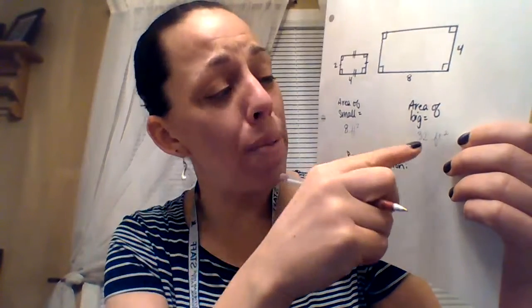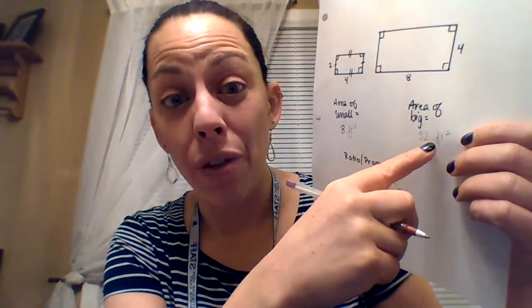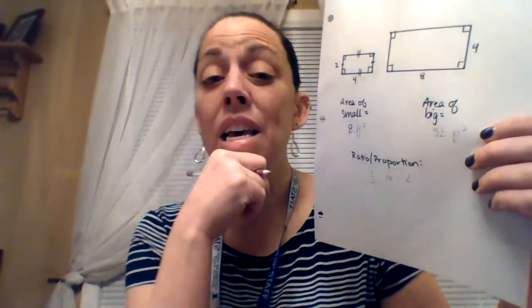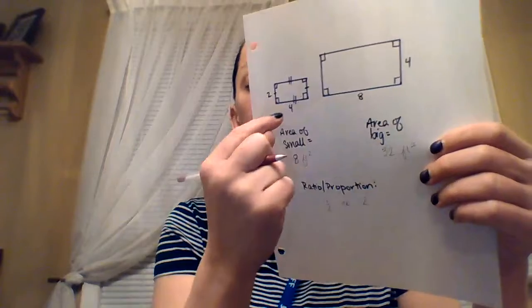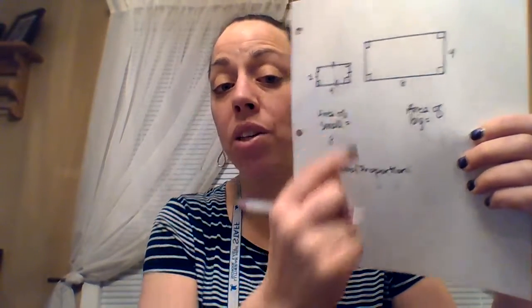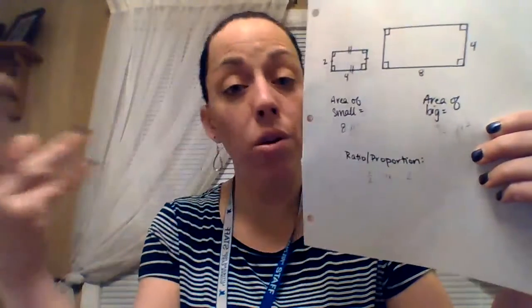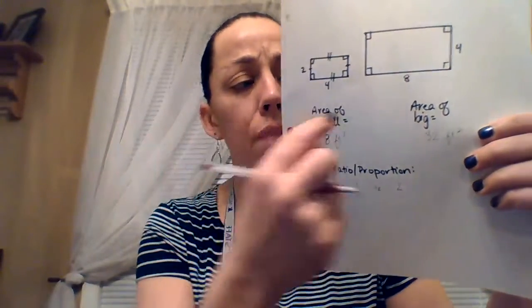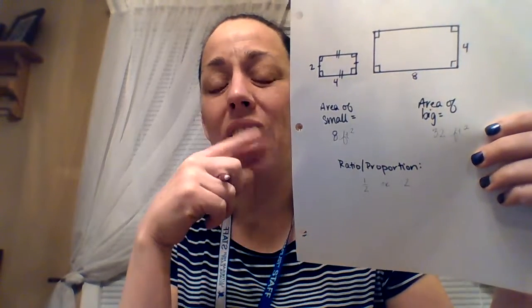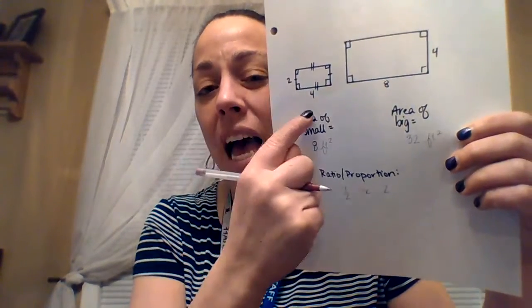Also, what happens if you take half of 32? You don't get 8. Okay? You cannot just look at the scale right here and know the scale from this, or the proportion or the ratio from this. Those three are all the same, and automatically know what to do right here. That is because area is length times width. That actually means